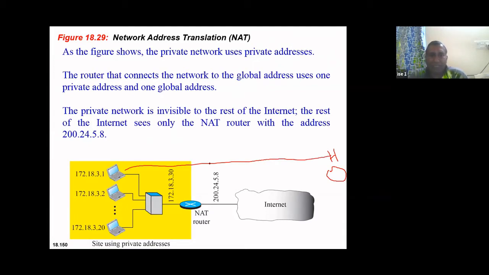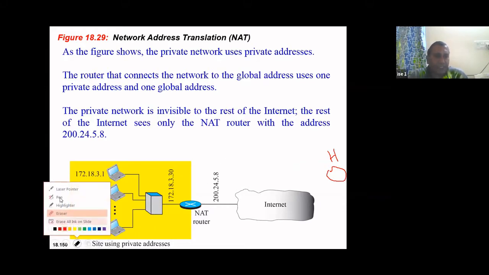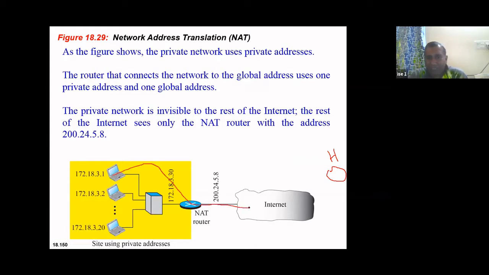So I should remove this, in fact. Okay, now this host wants to connect, it goes through this, from here to here, and from here to here. When a packet comes over here, the source address will be noted here. You got the idea. The source IP address, which is a 4 byte address, will be noted over here, and the destination address is noted over here. This is the destination address.